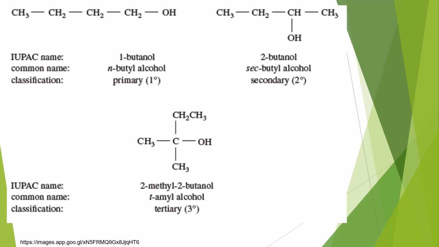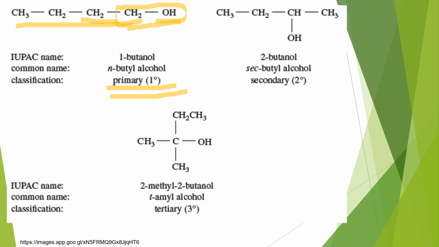Here again I have some examples with the IUPAC name and the common name. Here you can see a parent chain containing 4 carbons, so it is butane. Butan-1-ol, or butyl alcohol, it is. Which type of alcohol? This is a primary alcohol. Why is it primary? If you see the structure, this is the hydroxy-bearing carbon. It is linked to only one other carbon, right? The hydroxy-bearing carbon in this butanol is linked to only one carbon, hence it is a primary alcohol.